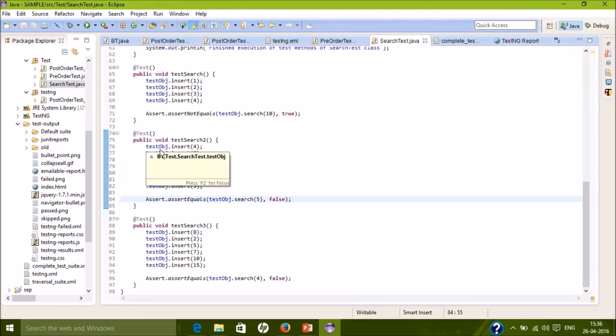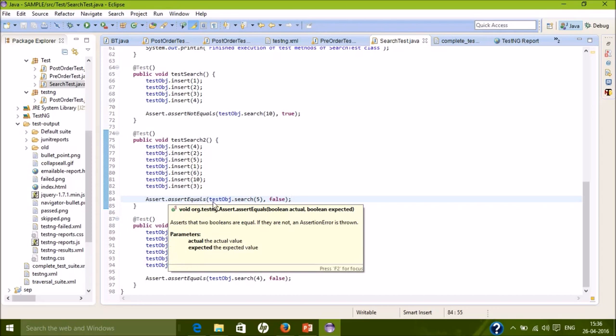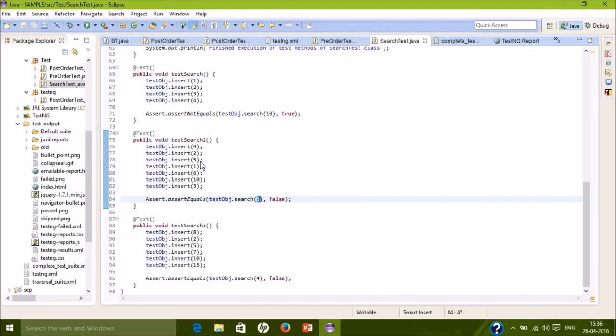In this method we've inserted 4, 2, 5, 1, 6, 10, and 3, and then we search for the element 5 that we've inserted, and we are asserting that it should be false. That means that search should result in false. This is actually wrong, because 5 is already present in the tree, and this method will return true, and we are asserting false, so the assertion fails. So this is why this method is failing.